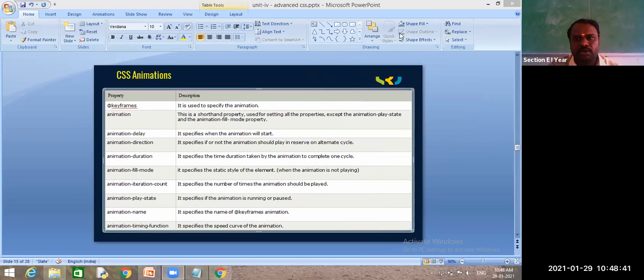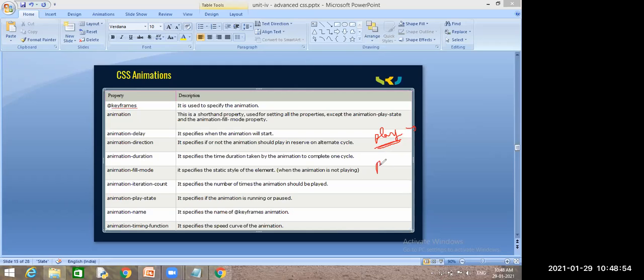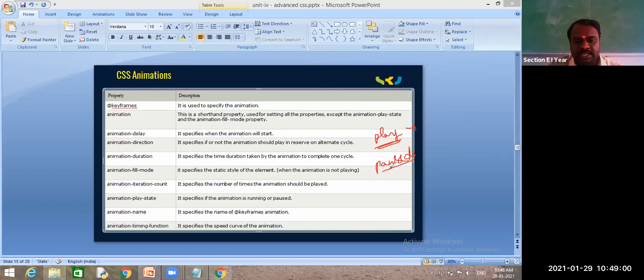What is meant by play mode while playing games? Can you play? Yes. Paused is stopping? Does it mean terminating the game?